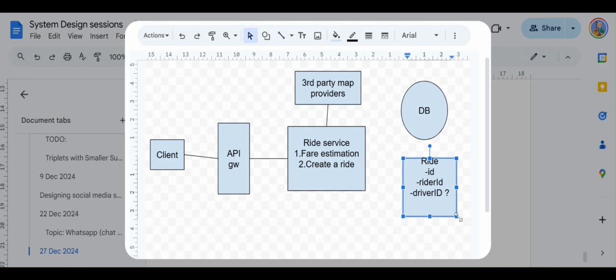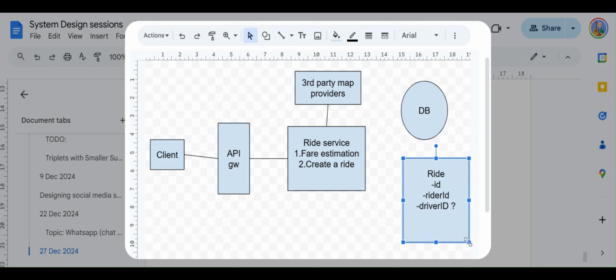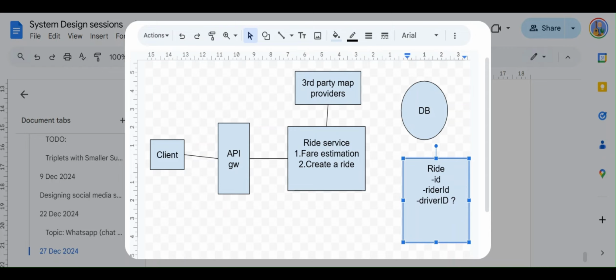Initially when the ride is created, driver matching still needs to be done, so only the search is happening. Then we can have the fare ID, because a ride will be mapped to a fare on a one-to-one basis. Then we can have the source from where this ride starts, and the destination.